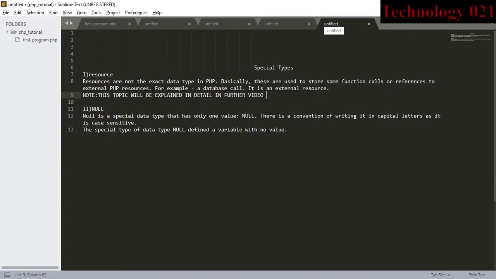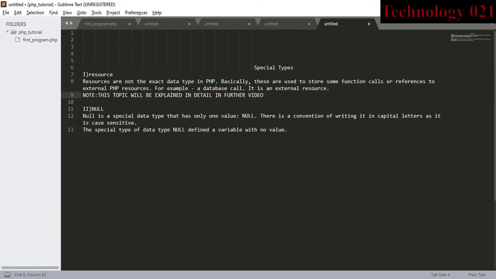So let us understand the special data type. There are two types of special data type. The first one is resource and the second type is null. Let us understand about resource data type. Resources are not an abstract data type in PHP.